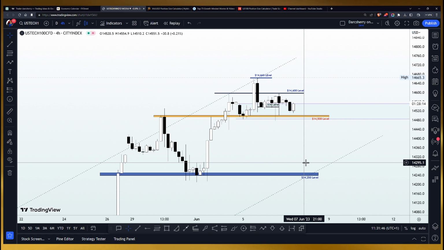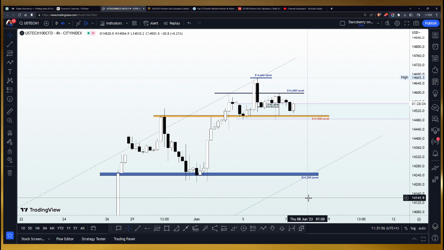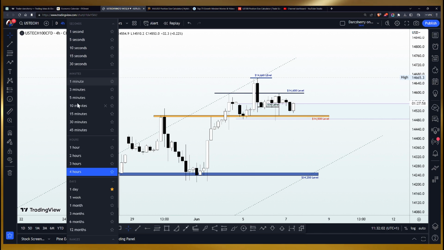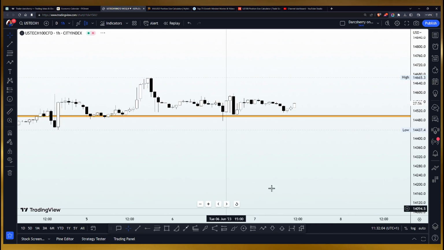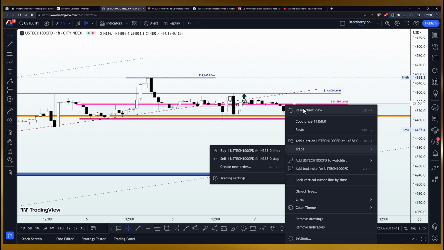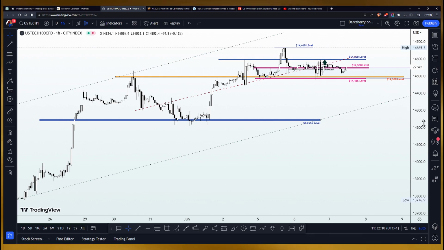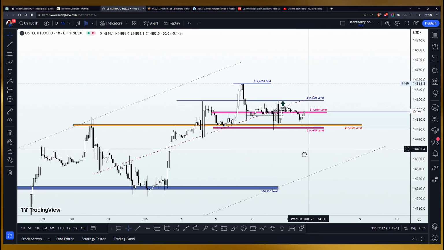So what we are going to be doing right now is to see how we can maximize the bullish momentum as long as price action remains above the 14,500. Now, to do this, we want to scale down into a much lower time frame, and so we shall be scaling down into the 1 hour time frame, where we want to look out for structures and patterns that will support the idea of buying the USTech100.